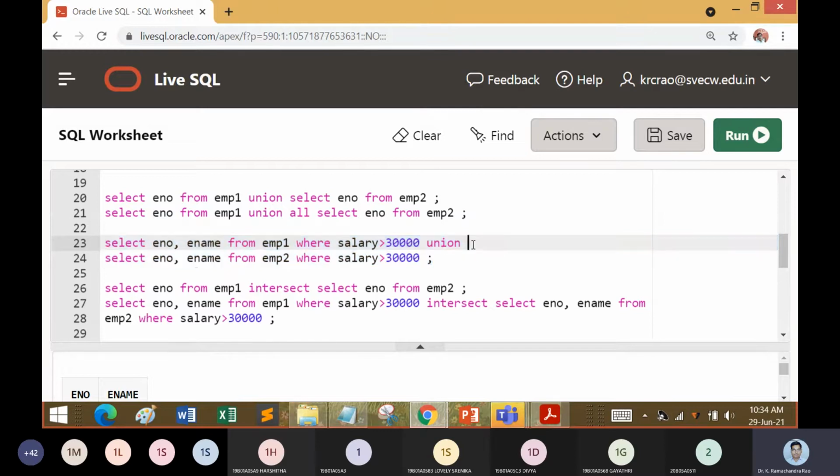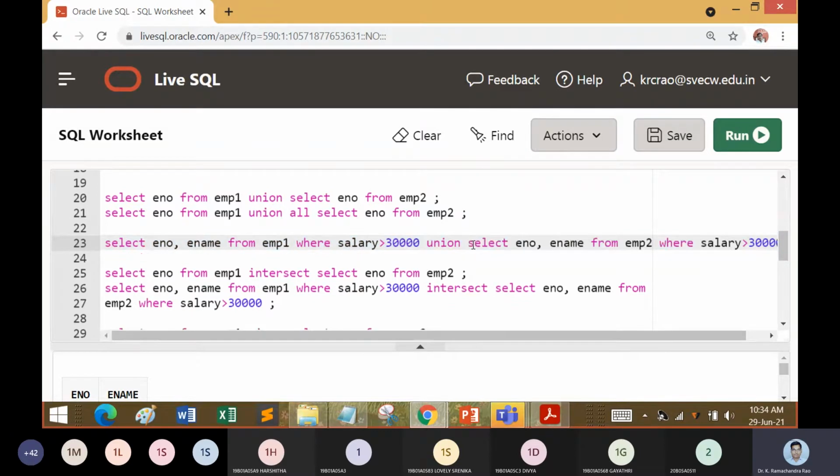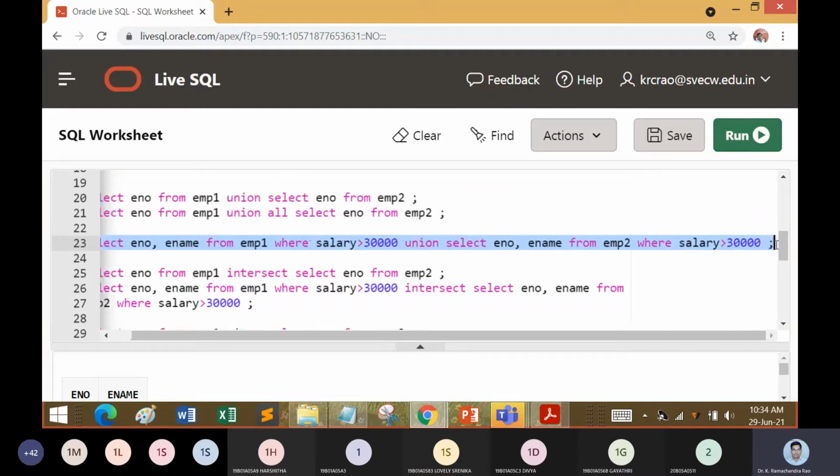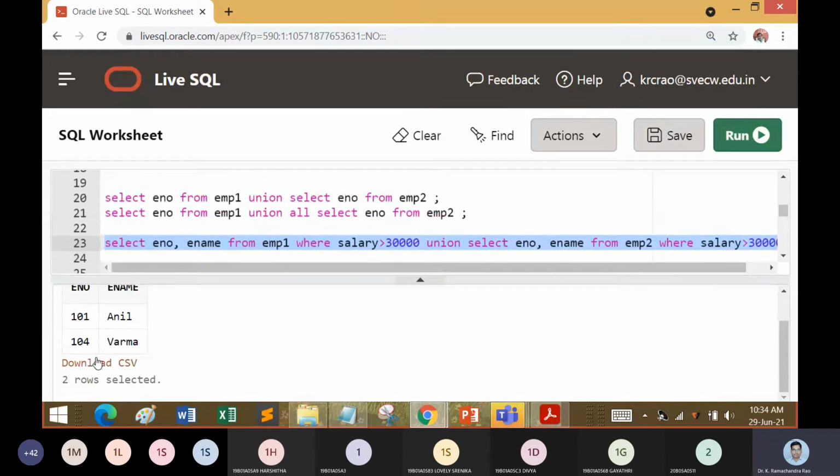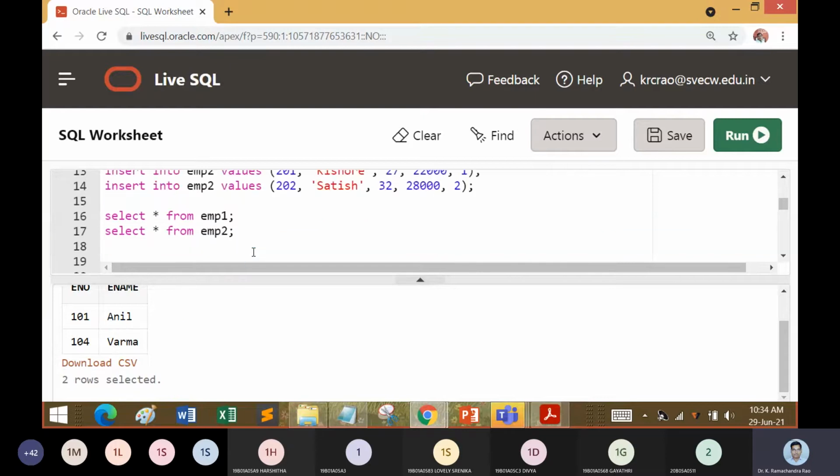We got only 2 records: 101, 104. The reason is that 101 Anil is going to be only 1 record. You can check the justification, I will show you.